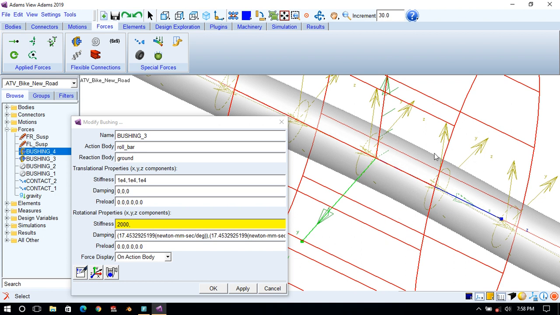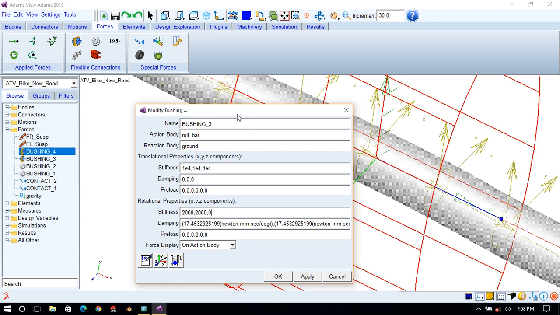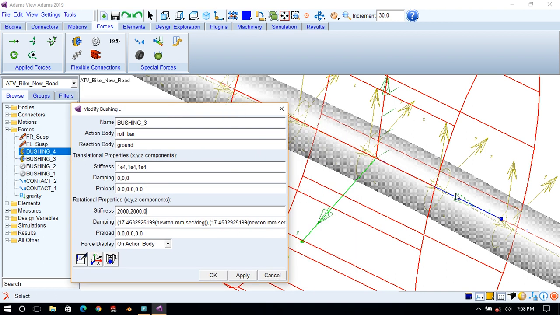So basically we want only rotation about this z axis, so the others should have higher stiffness and only 0 stiffness about the z axis of the bushing. Don't consider this xyz here. Look for the x, y, z of the bushing. So keep it as 0, 0, 0.